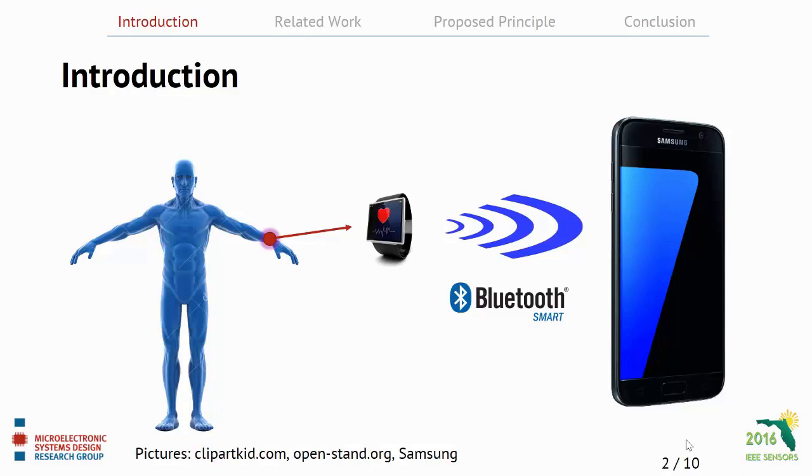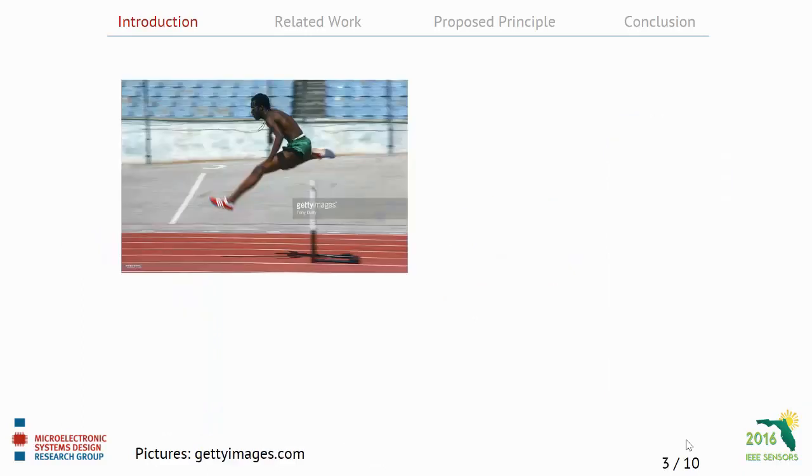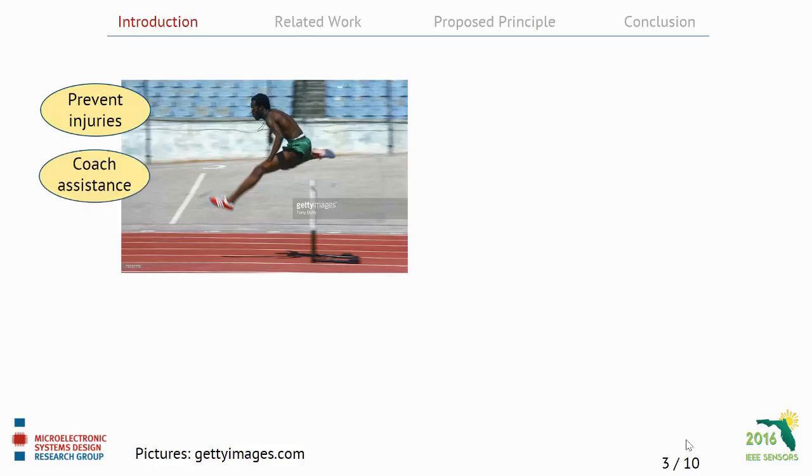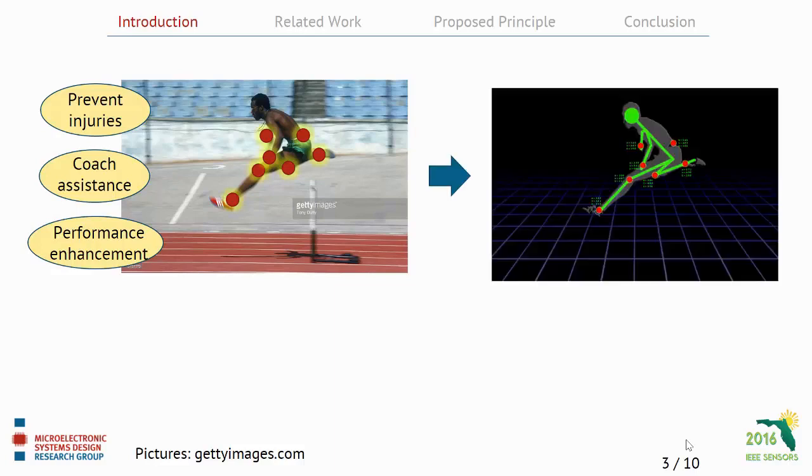But wearables can do more than that. For instance, if we look at high-performance sports, the precise movement analysis of an athlete is a growing research field in sports science. The reason is that it's possible to detect possible injuries early, caused by faulty execution of the exercises. And by digitally assisting the coach, the performance of the athlete can be improved way better than just by observing. So one way we can do that is to attach various sensors on the athlete's body to electronically reconstruct